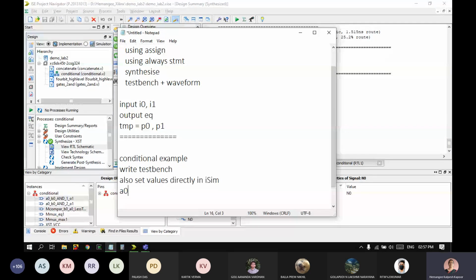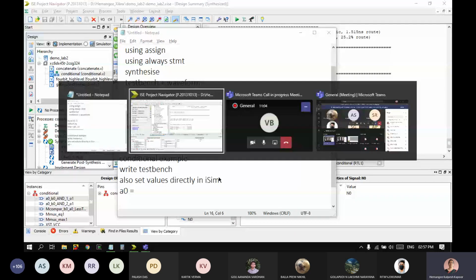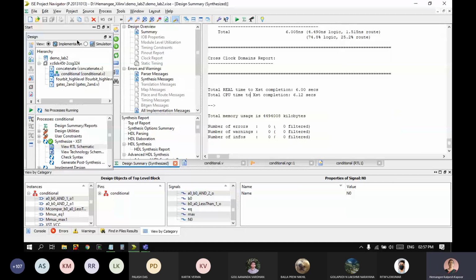The A0 signal, if we have always used, do I have that? No, wait a minute. Simulation. Concatenate I have. Let me show you one more small feature.